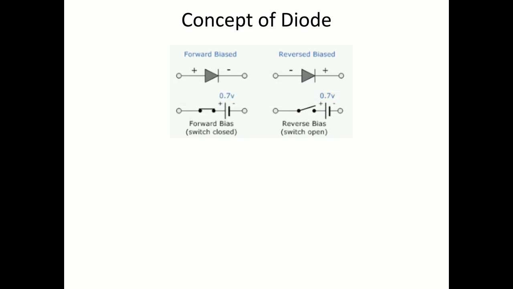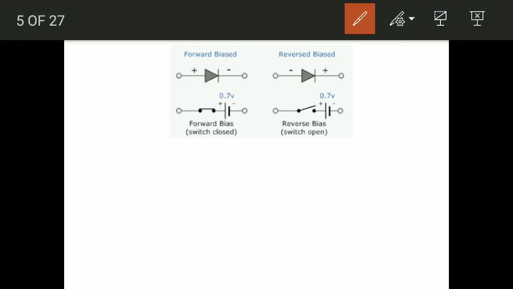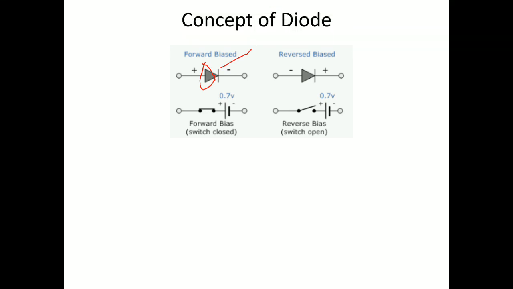So basically you should know the concept of forward bias condition and reverse bias condition. So for that here I have shown a pictorial view of both the conditions of diode when it is going to be in on state and when it is going to be in off state. So from this, if you maintain the diode in a forward bias condition, that means if you connect anode to a positive terminal, so here this indicates anode and this indicates the cathode. So if you connect anode to positive terminal and cathode to negative terminal, then in that case the diode is going to be in forward bias condition and it is going to be in on state condition.